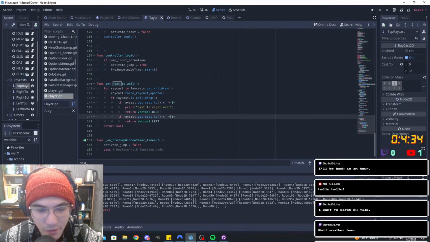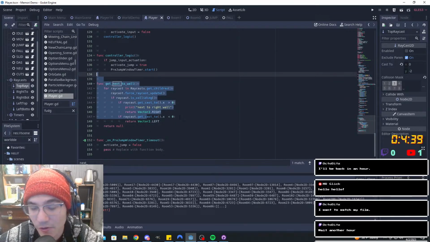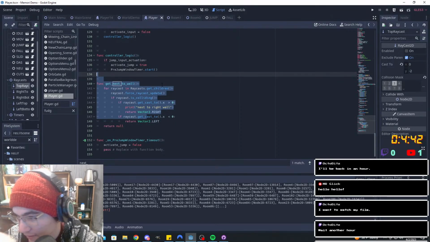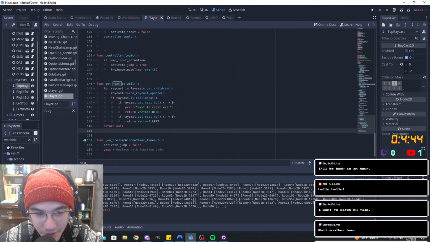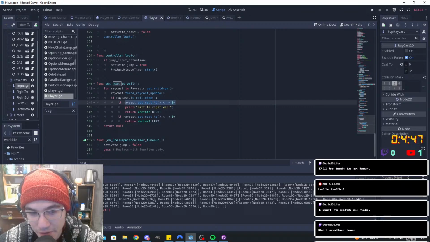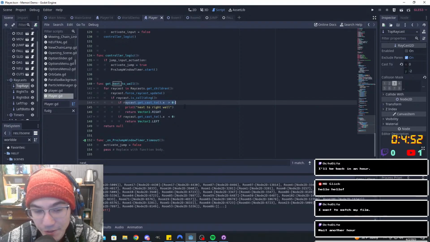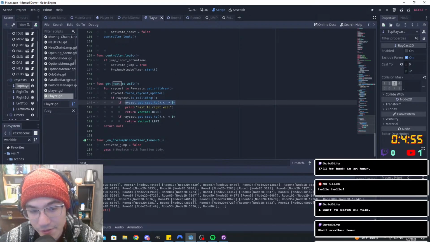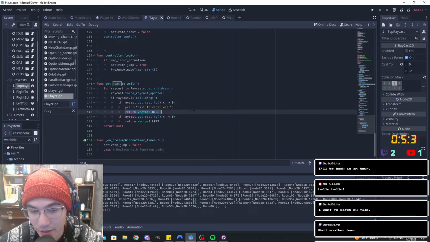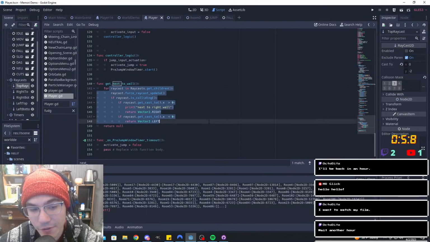So yeah, I kept thinking, okay, there were two issues with our get next to wall raycast function, or the function that handles our raycasts. We were checking if getCast2 is pointing to the left or to the right. Originally, what I did in our player was check for each of our collisions, see if anything ran, and then return vector2.right or vector2.left. But now I'm iterating through all of our children, and for some reason, I'm actually not